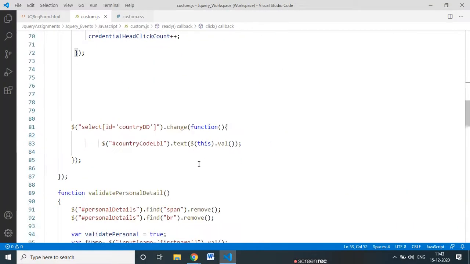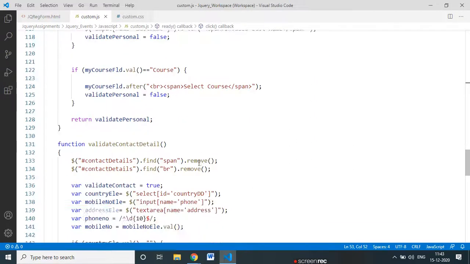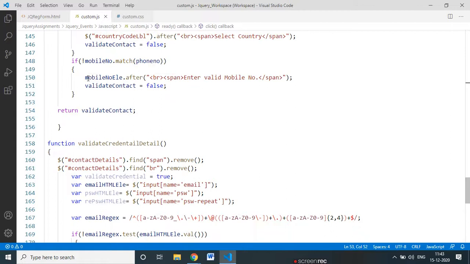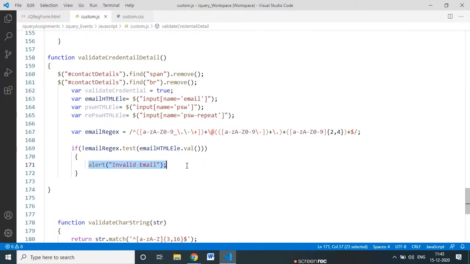So I go down here. I copy this, put it here, and I will say email HTML, and I will say enter valid email ID.